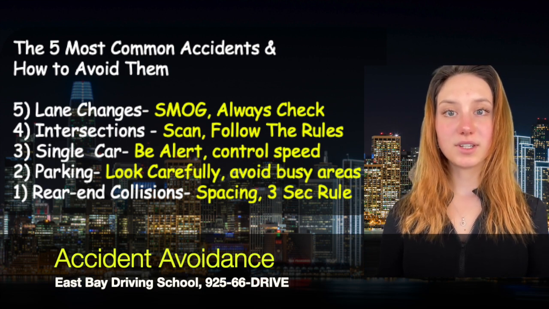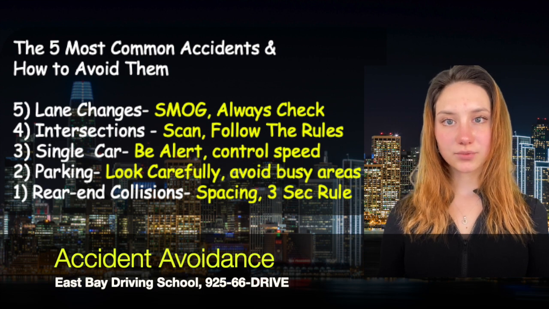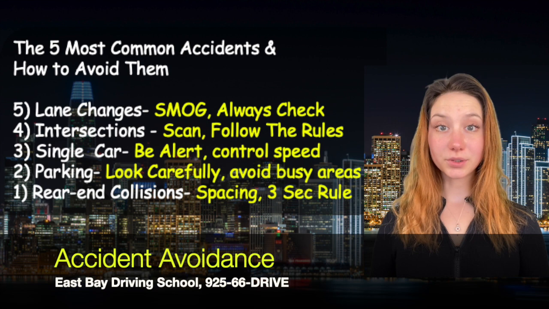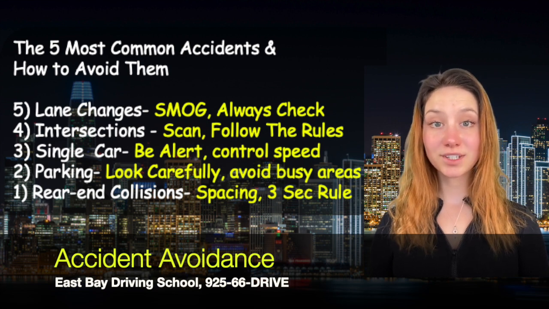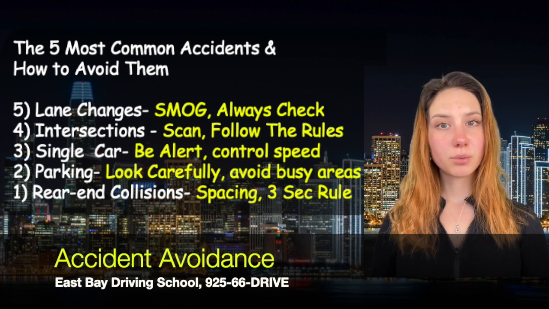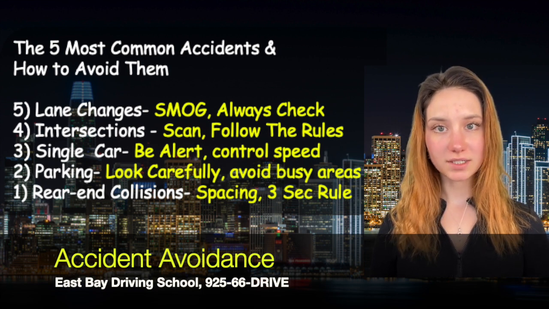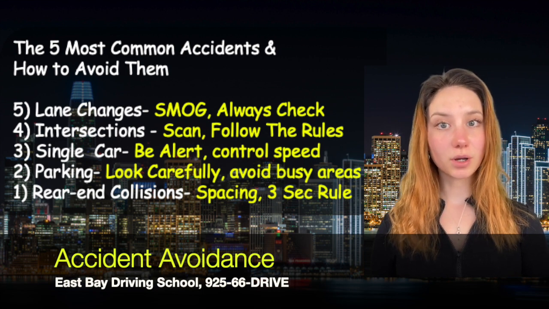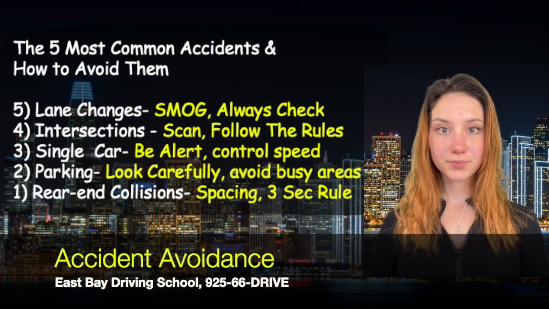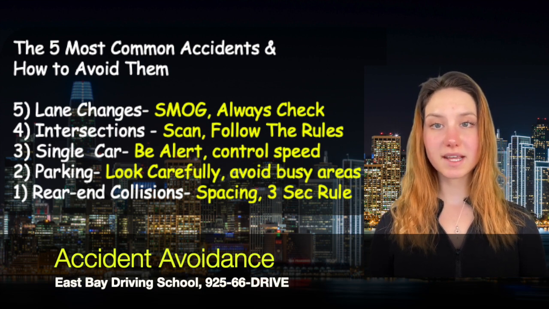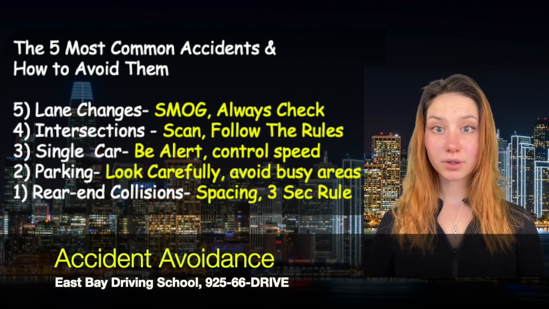On the DMV test, they will likely test you for the unprotected left turn. This is where you are making a left turn at a green rounded light. Some drivers think green means go, which is true if you're driving straight. But a rounded green light means that you have to yield to oncoming traffic when turning left. This is one of the most common critical errors on the DMV test, and for good reasons too, because your